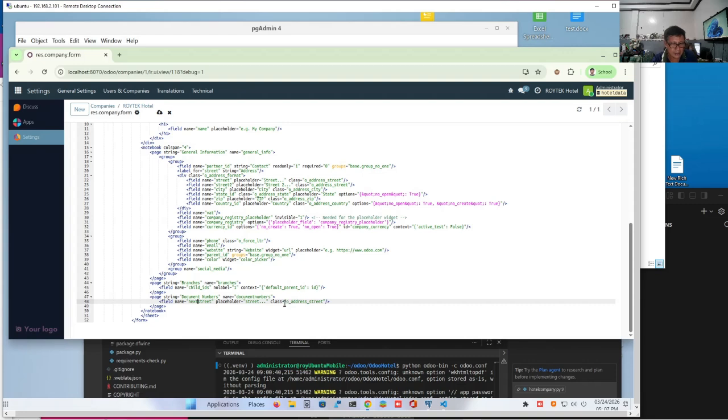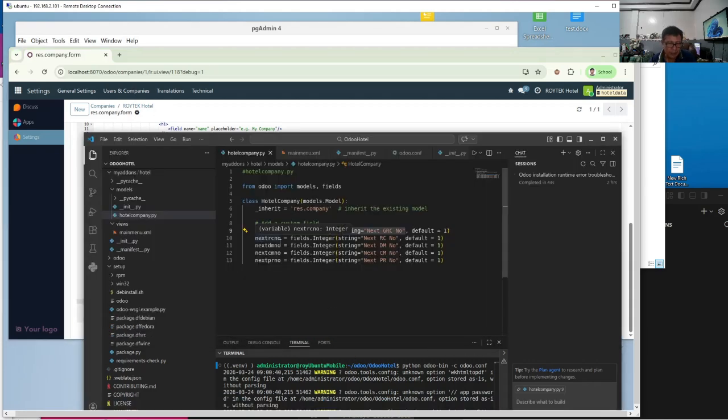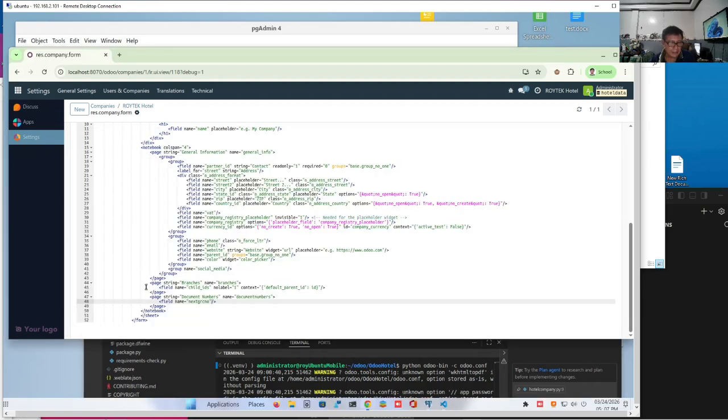First is next grc no. We don't have to use a placeholder because we have assigned a label. So the field name is sufficient. Okay, we save this. Let's find out the others. We'll complete this. Okay, we'll just copy. They will have their labels because we have assigned strings in the model itself. So that's the advantage.